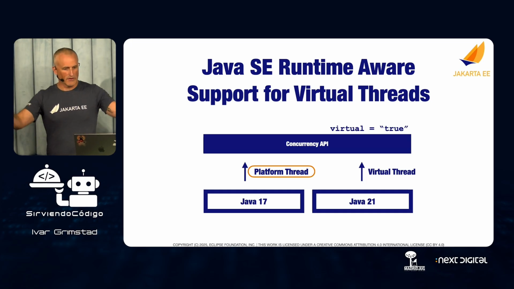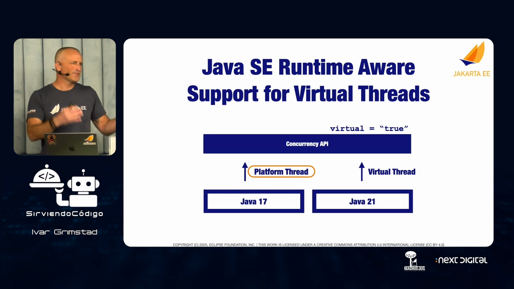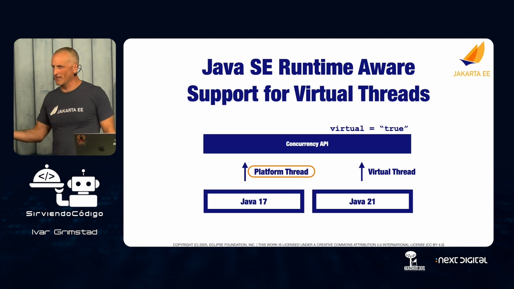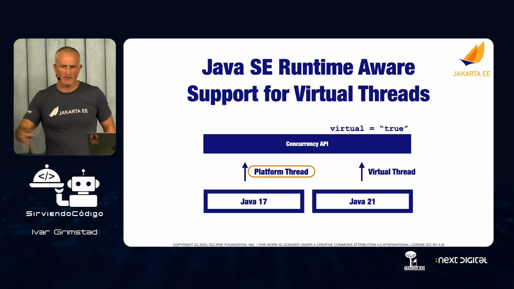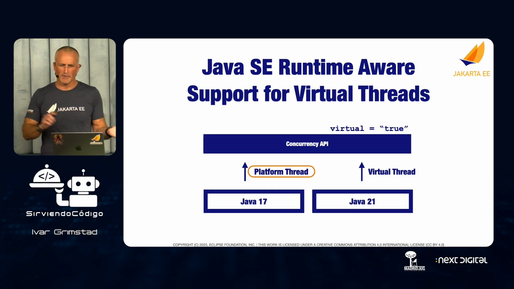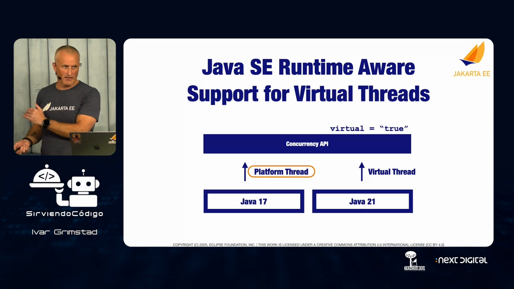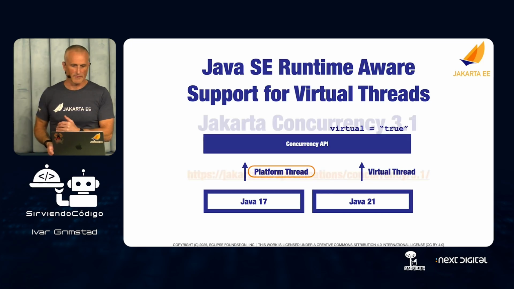So from a developer perspective, you won't really notice it. Whether this makes sense or not, I'm not sure, because virtual threads are a different thing than threads. They're much lighter. You can just spin them up and kill them and do stuff. So whether it makes sense or not, I'm not sure. But at least we can say we support it, and it's up to you to prove whether it was right or wrong to do it this way.